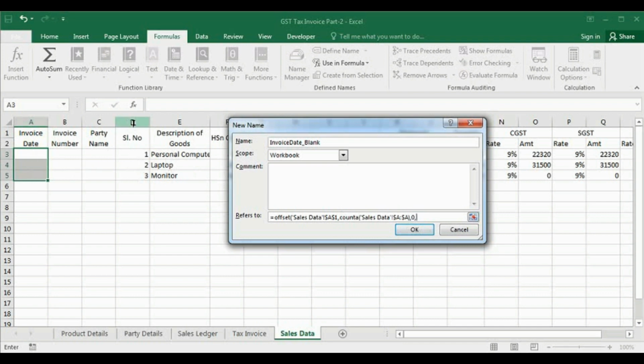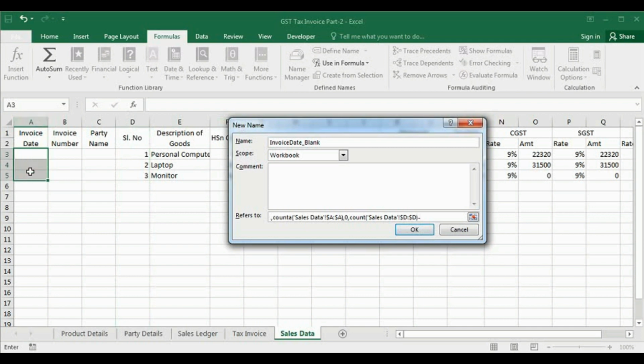So we have to count this cell. COUNT, within bracket select D, bracket close, minus the dates that are already here.